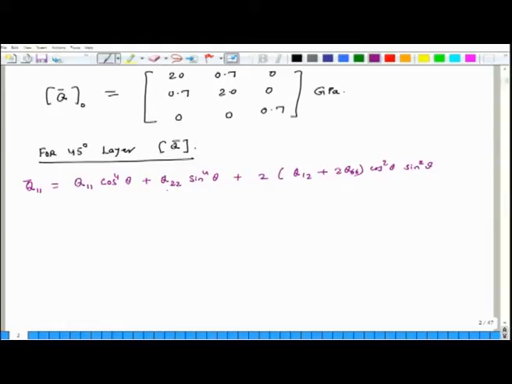We know the values of Q11, Q22, Q12 and Q66. So, if we plug in all the values, we find that Q11 bar comes out to be